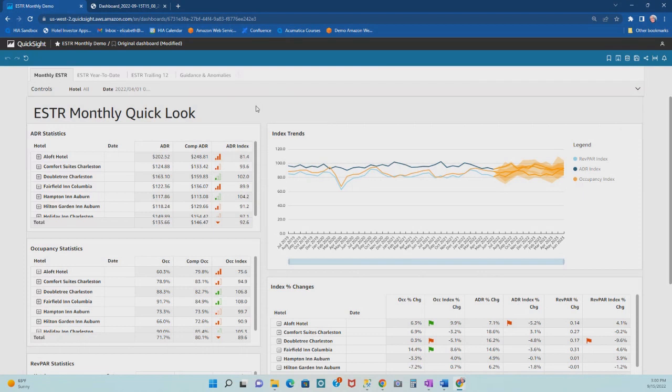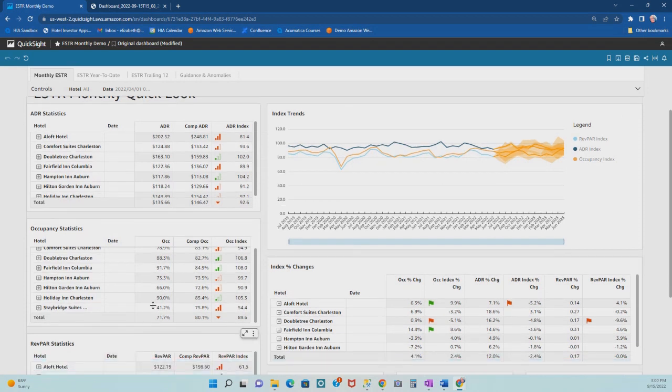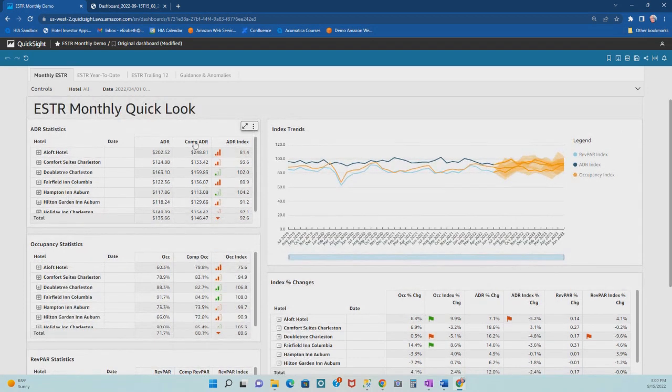So what I've got is just nice, neat statistics of what Smith Travel provides for us. We've got our ADR, occupancy, RevPAR, compared to your comp ADR and your indexes. Again, I've got some conditional meters here, and these will be thresholds that you can configure. If you need something to be a threshold of between 1 and 10, you'll be able to put an icon